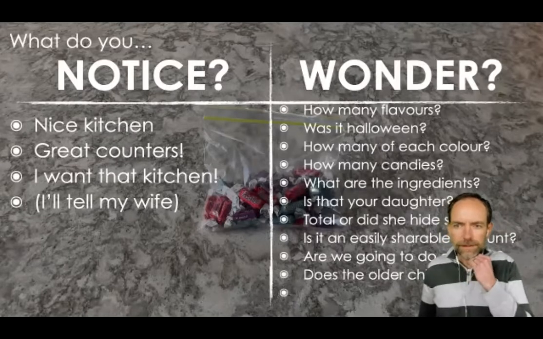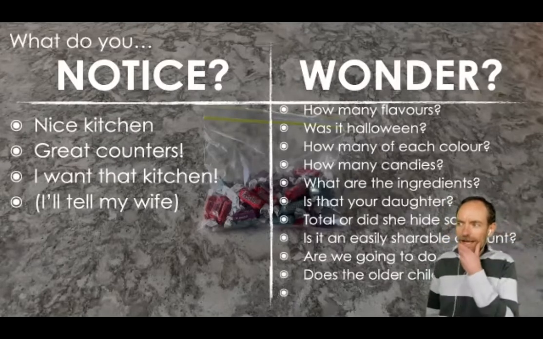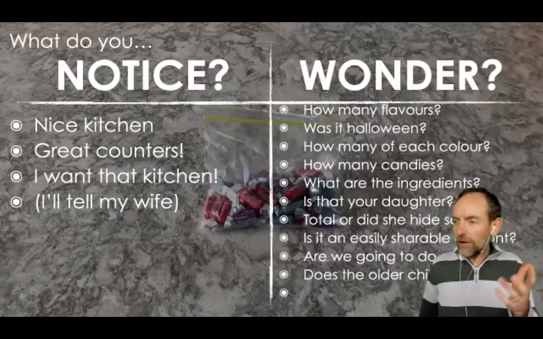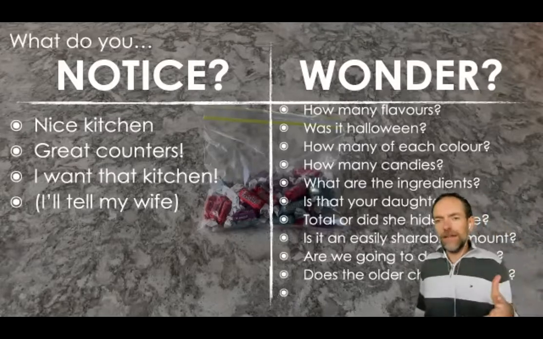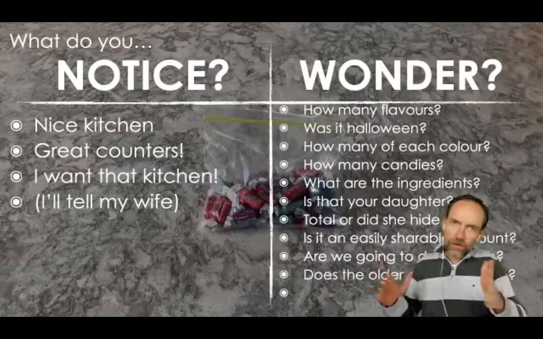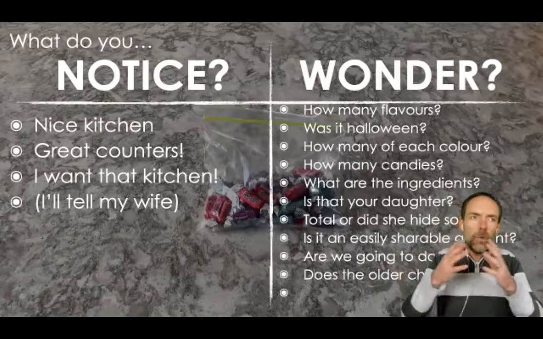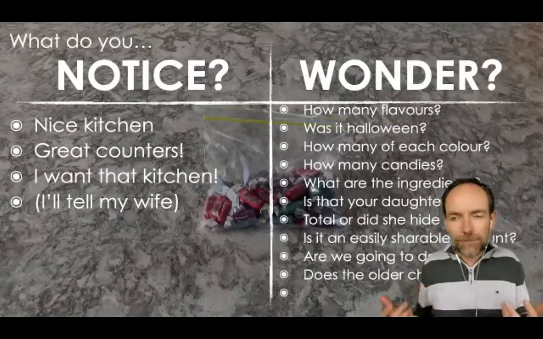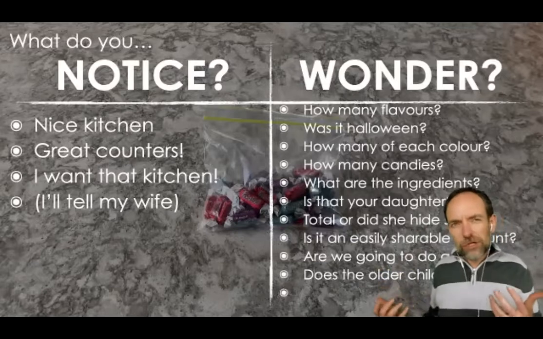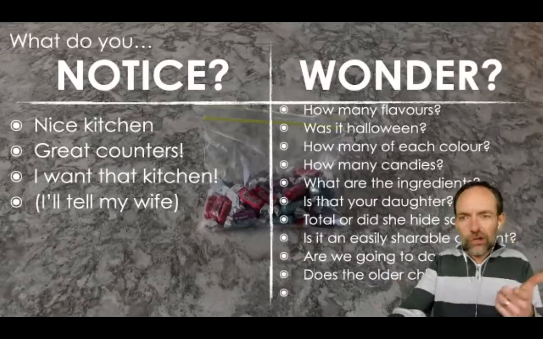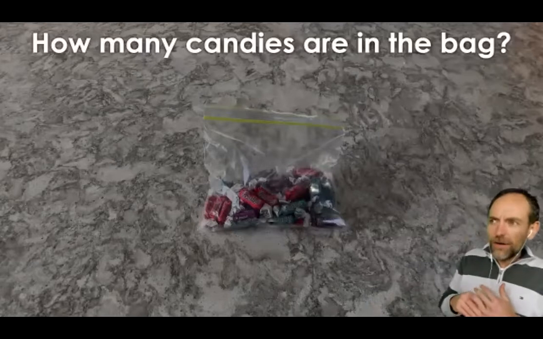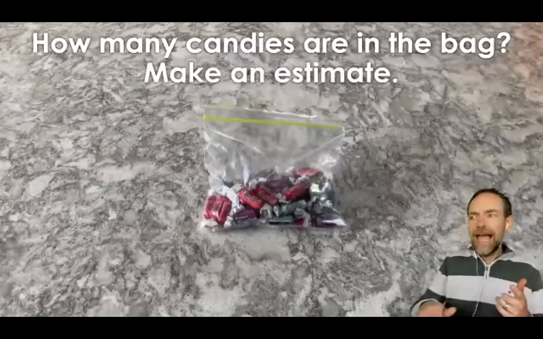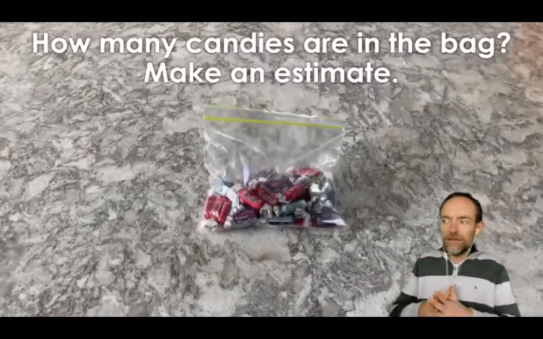But Kyle, are you ready? I am ready, John. I think what we're going to start, and it does connect to some of these wonders here, some people were asking how many of each color. So let's get started there. But as we typically do when we're following the curiosity path, we like to withhold information and build some anticipation. How I'm going to build some anticipation with you is by asking you to go out on a little bit of a limb here, and we're going to have you estimate how many candies you believe to be in that bag.